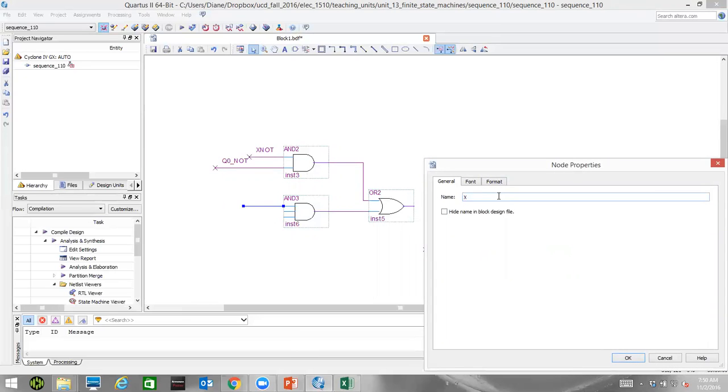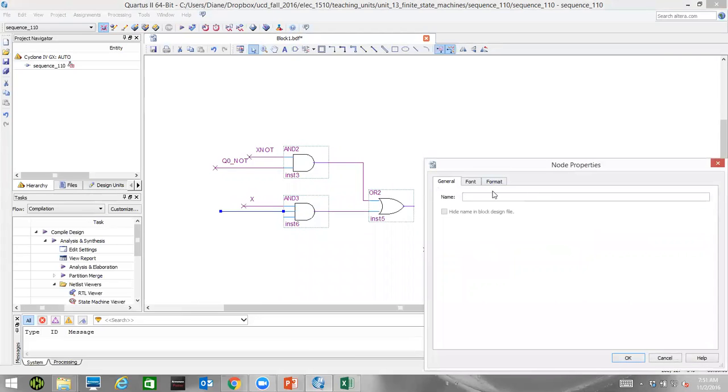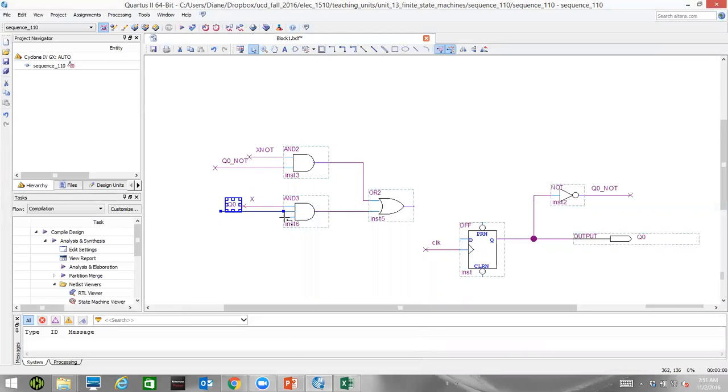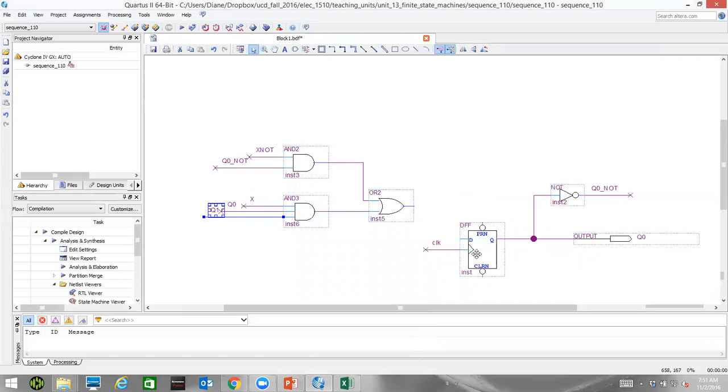We got X. Q0. And Q1. That is what drives our flip-flop